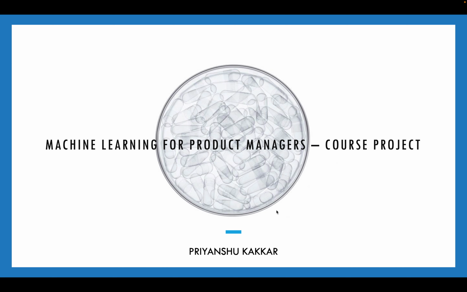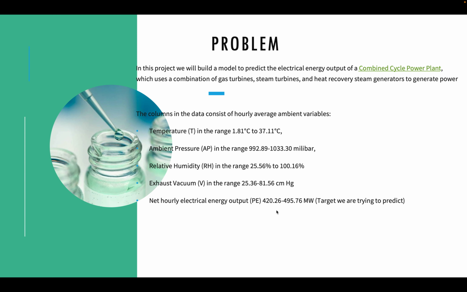I'm taking a course on Coursera, Machine Learning for Product Managers, and as part of that, this is my course project submission. Before going into the submission, I'd like to reiterate the problem. We have to build a model to predict the energy output of a combined cycle power plant. We have been given data for multiple features: temperature, ambient pressure, relative humidity, and exhaust vacuum. Basically, we have to predict the net hourly electrical energy output, which is PE,